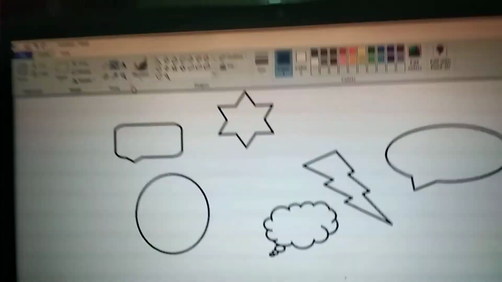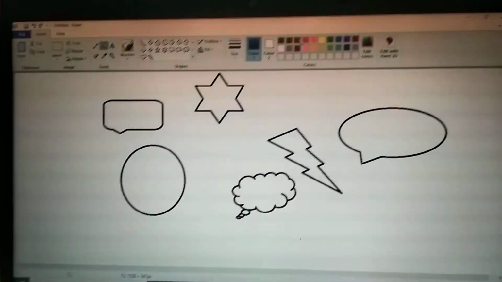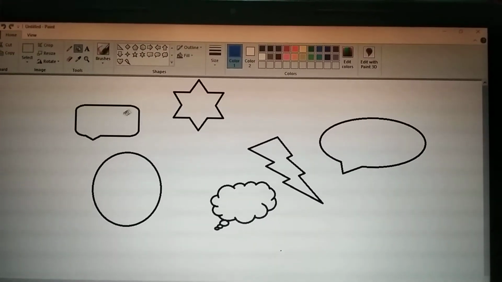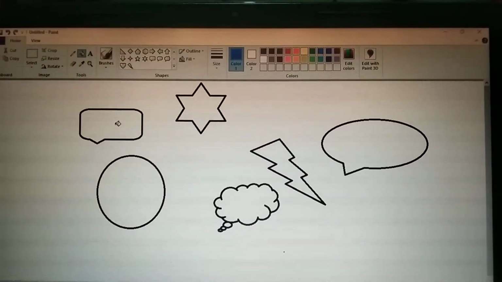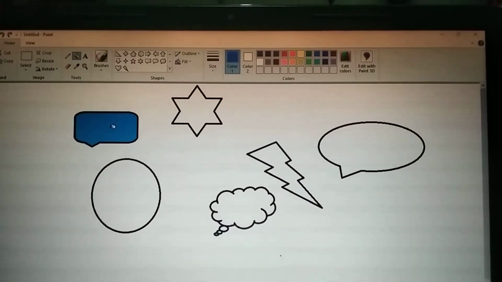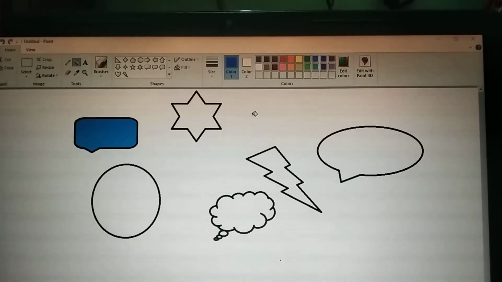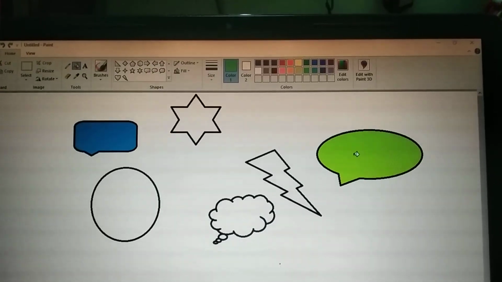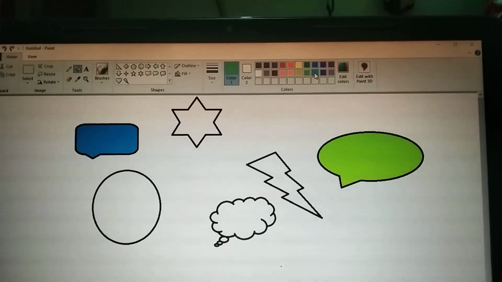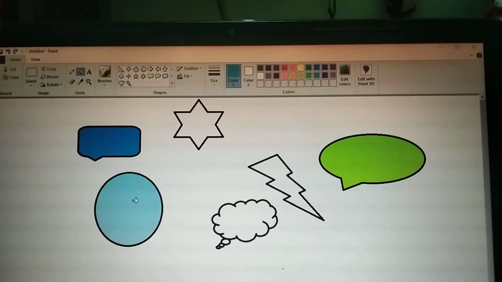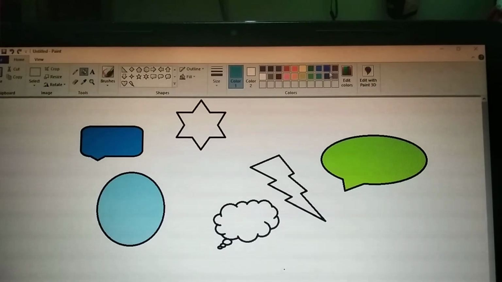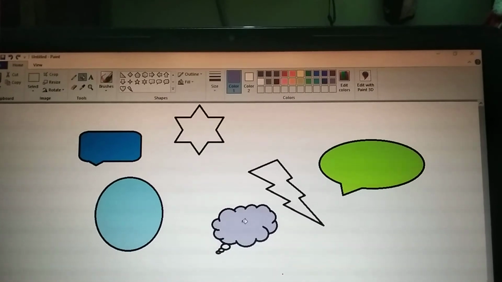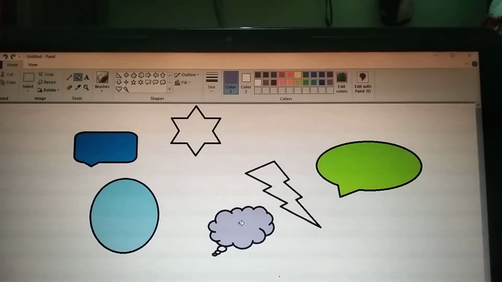Click here, and after clicking here go and choose the color from here. I have chosen the color from here. Then go and put this box here and just click it. See, here this color has filled. After that again select another color. Again go here. This color changes. Then select another color here and put it here. Select another color and put it here. The color here changes.